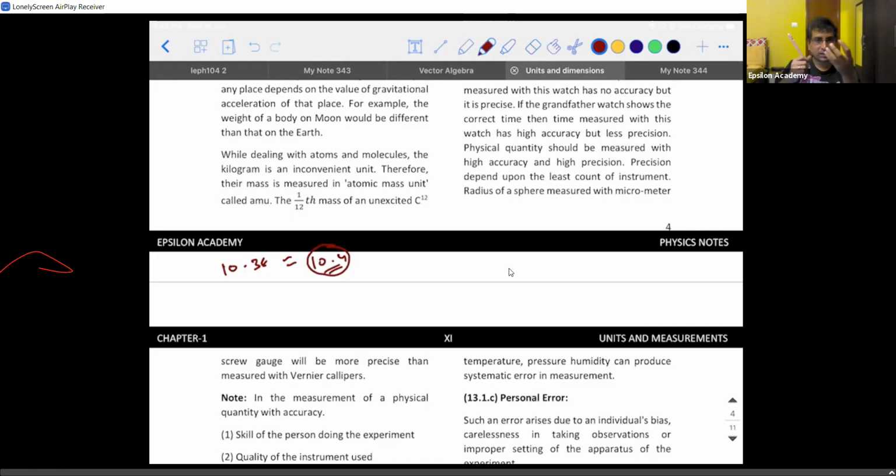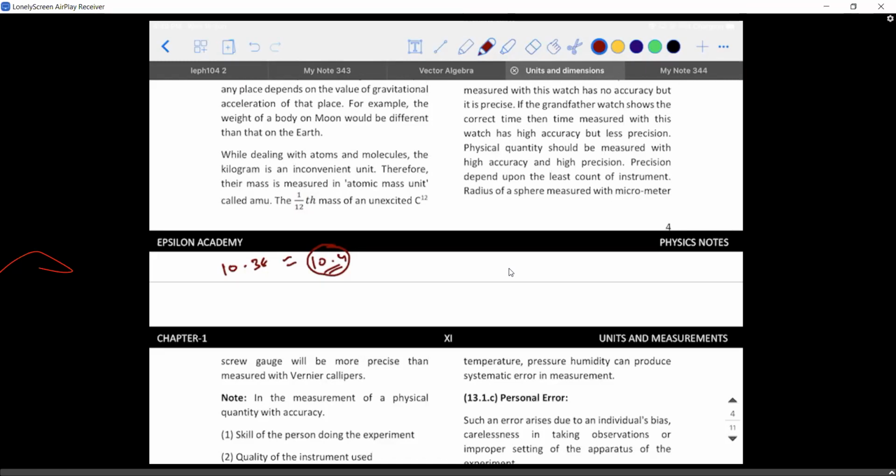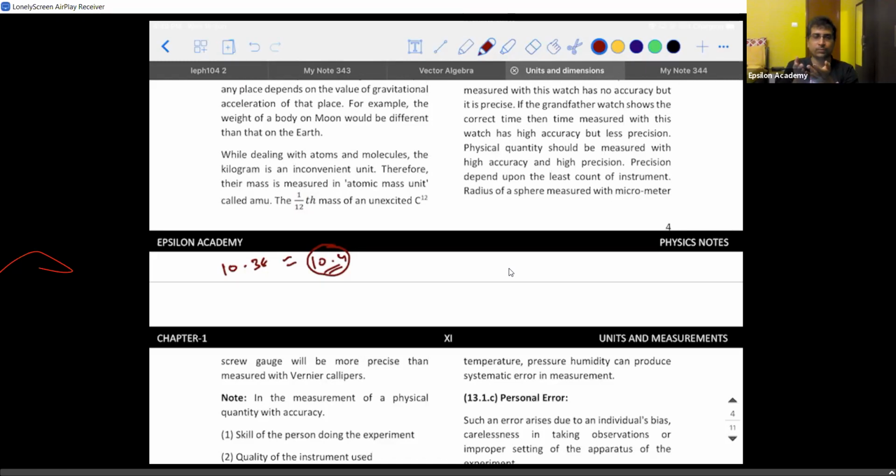So accuracy has something to tell. I'll give you a best example. Let's say two people did the same experiment. You're writing down everything in your lab record book, and you bring your record book to me. I'm a person who is going to evaluate your readings. I already know what the exact reading is. I will look at your records and tell you which one is more accurate, because I know the true value of it.